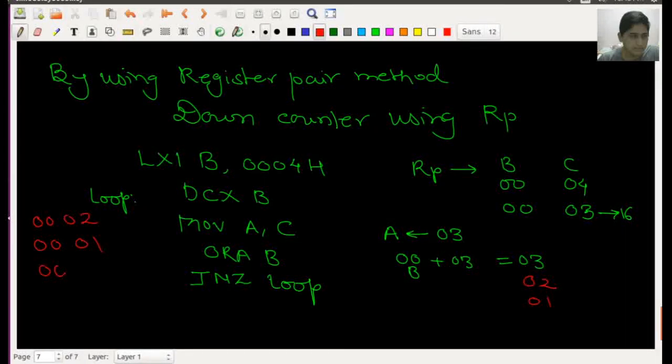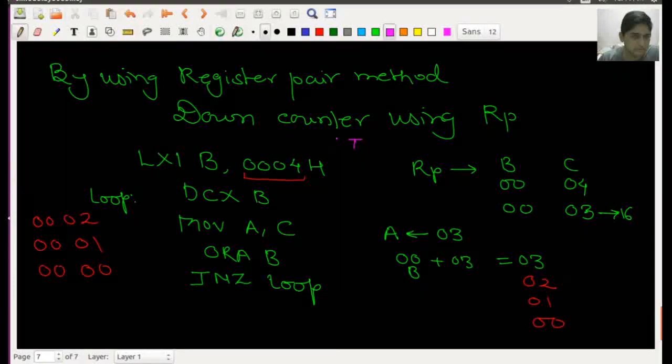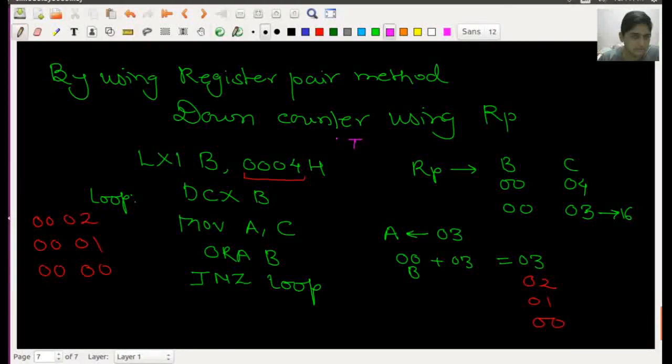Okay. So now come to the point here. This loop will continue till the value of these two registers becomes 00. So that's why I took the minimum count value as 0004. So first we will think about the amount of T states, because the T states play a very important role here. I am writing the T states for each instruction. The number of T states consumed by this one is 10. Number of T states consumed by this one is 6. This is 4. This is 4. And this is again 10/7.